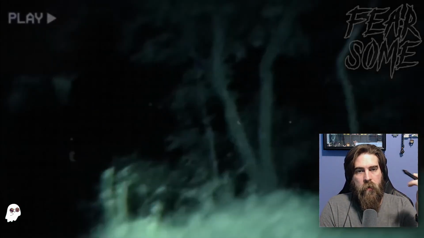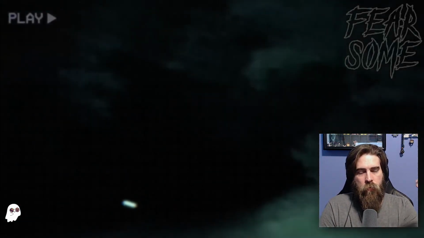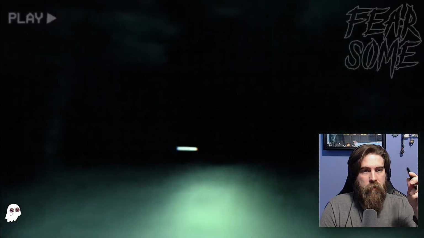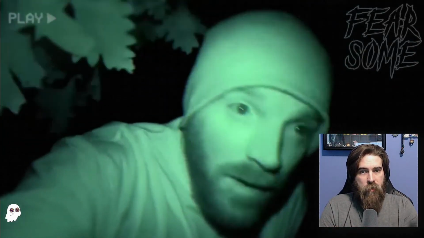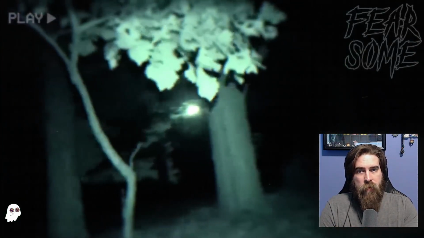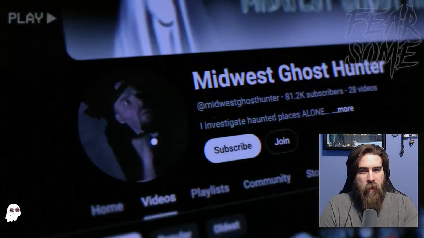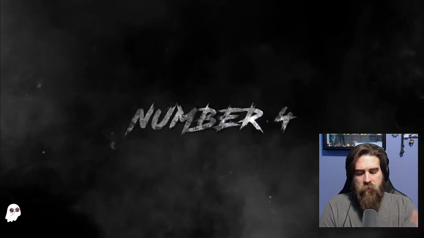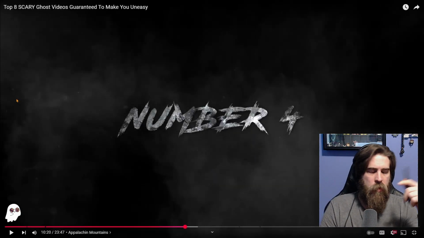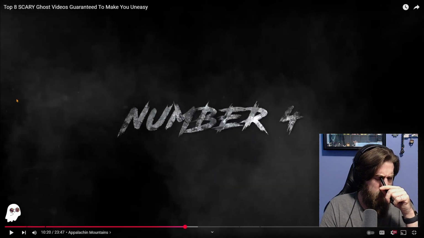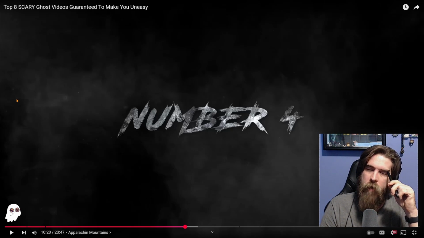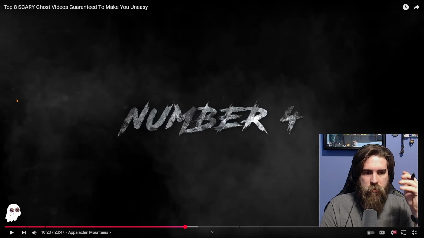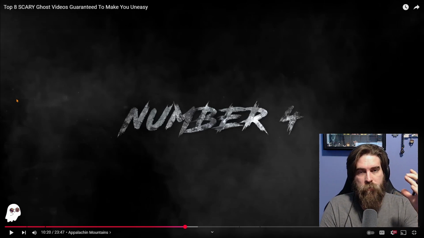Low light artifacts are extremely common with cameras, with infrared cameras. Especially if the camera is actually not going in infrared mode, which I kind of suspect his camera might not be an authentic night vision camera. And the reason why I say that is because night vision has a specific kind of vibe to the type of video that it's producing.